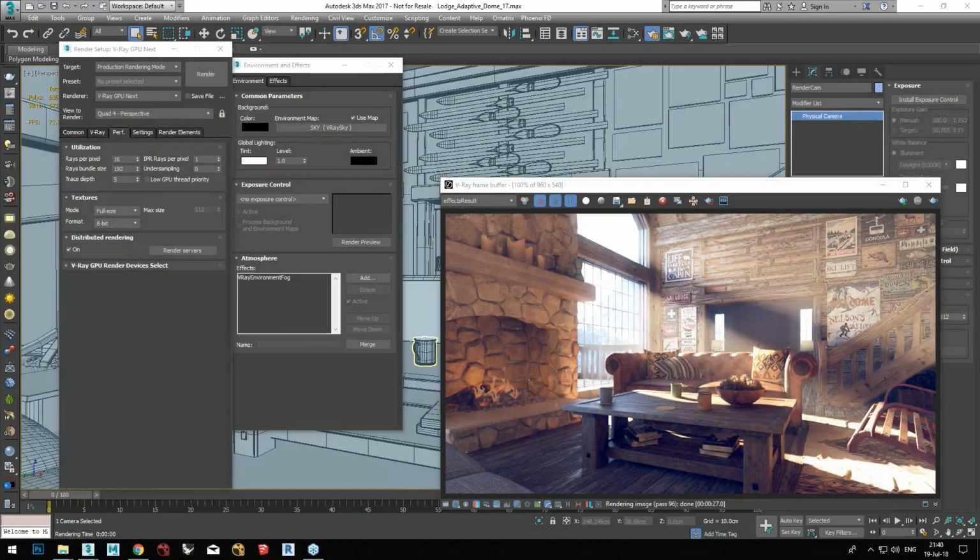Robert asks, with a stereoscopic 360 render helper, I could never figure out how to make it render more than one image at a time. Do you know what he's referring to with the stereo rendering? Well, no, I haven't really used that much, but I can, of course, ask around and then maybe get back to the guy. Okay. Because I haven't really used the stereoscopic much and all the 360 and VR stuff, so I'm not exactly sure. But I would definitely love to find the answer out and